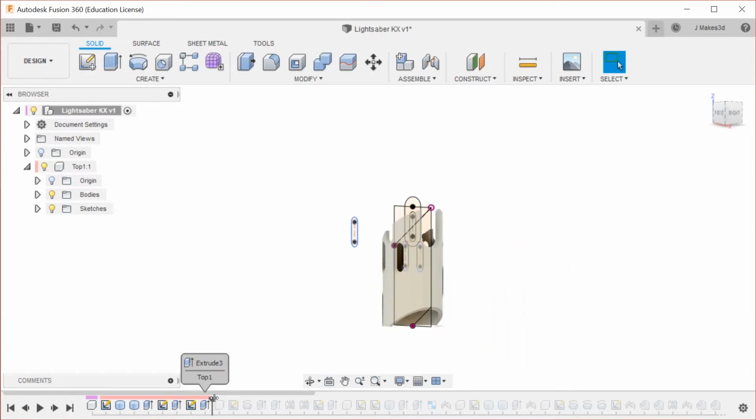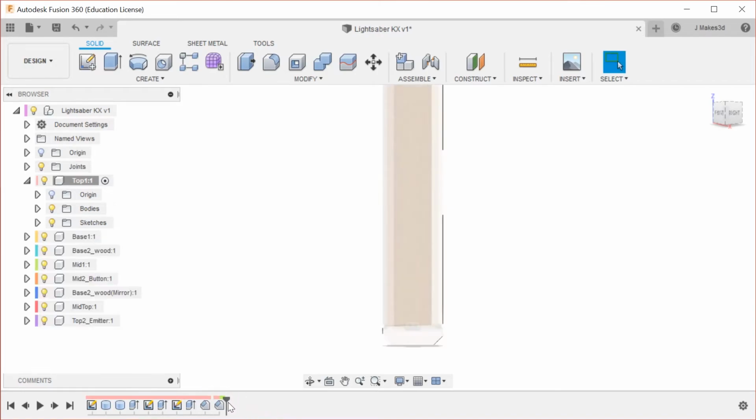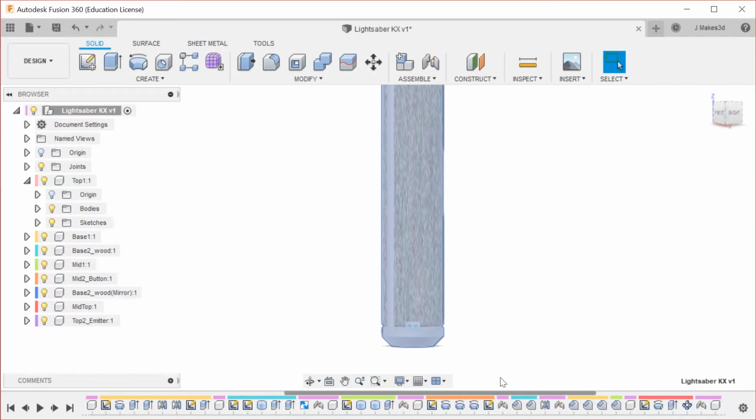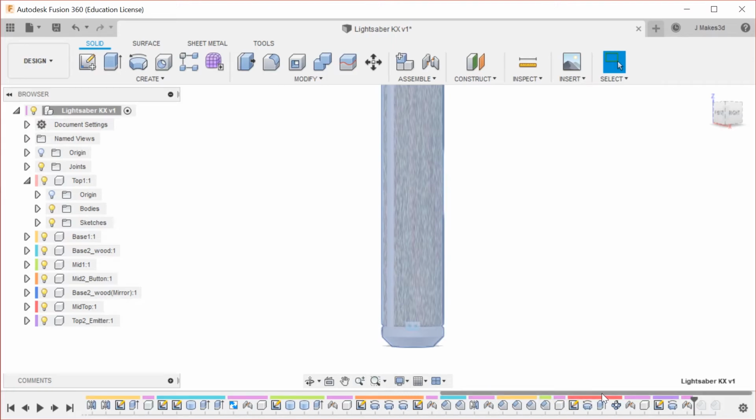So the reason you might have noticed that I did a thing and then I moved it forward is because if I activated this again, you can see these are all the features that affect this component. So if I go out to the end of the timeline and then go back before this chamfer and turn everything on, notice that my thing isn't here, it's actually directly before this chamfer. So by telling it to go past this point and then come forward a little bit, we know that it's right where I left off editing back here. You'll also notice the timeline is nice and organized because I've been activating components and working on them individually and then going back and changing stuff there. Alright,